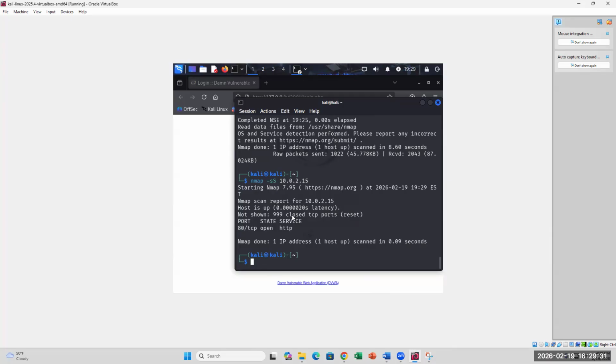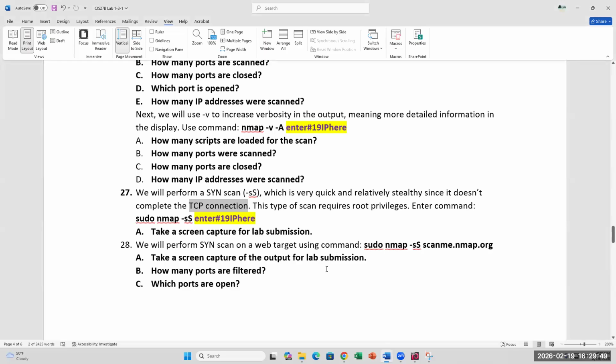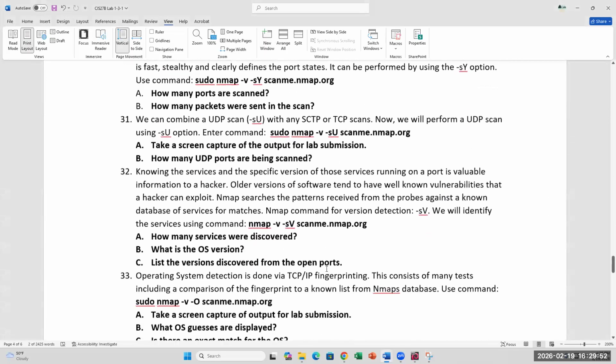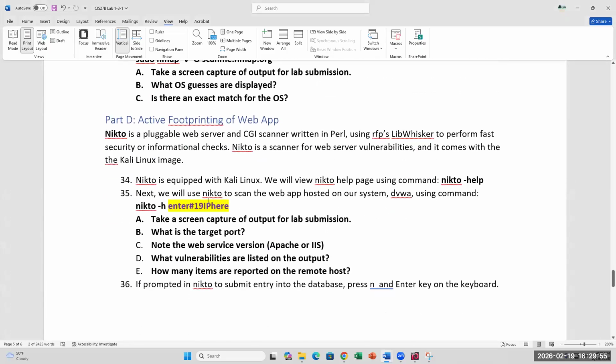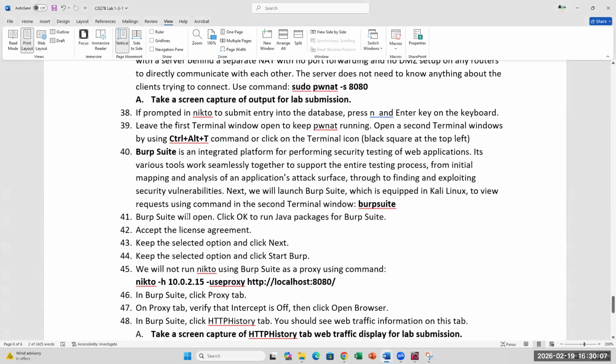All right. So we did a little bit of active scanning with Nmap, and then we did a little bit of Google dorking in this session. We will pick up in week 2 with the rest of the labs so that way you don't miss out on anything. And then maybe I can condense lab 2 or modify it a little bit for this class, but we still have quite a bit to go. I also want you to have the experience with Nikto because this is one of the really good tools for web app assessment. So we'll finish up the rest next week. All right, let's stop and then I'm available for